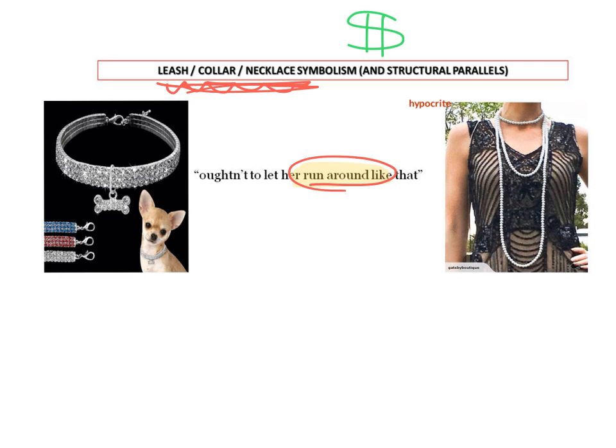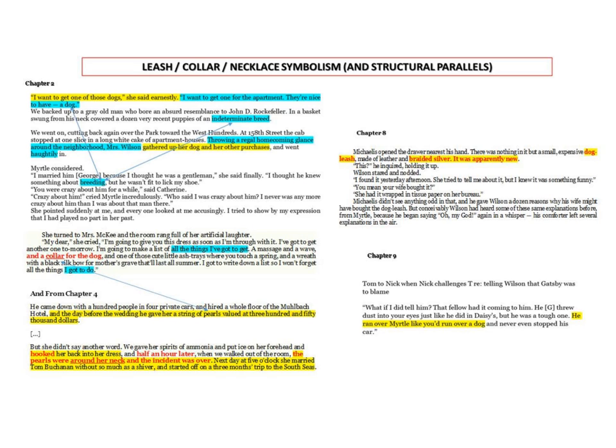Now let's tie that all back to money, okay? As we'll see now, Tom's money has a hand in purchasing all of these symbols of restraint and control to essentially put women on a leash. So let's start looking at this leash, collar, necklace symbolism across the novel. Look at the structure video. There's some good stuff in there about further patternings and connections across the novel, so that's useful to check out. But as you can see here, we're going to scan across the novel in terms of chapters 2, 4, 8 and 9 in relation to this symbolism.